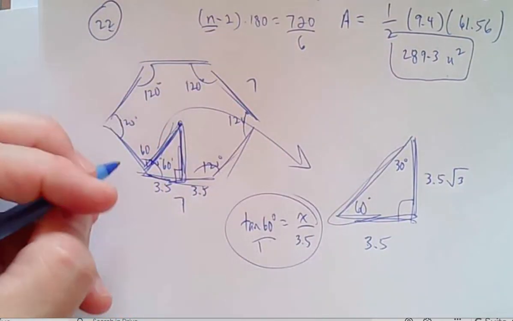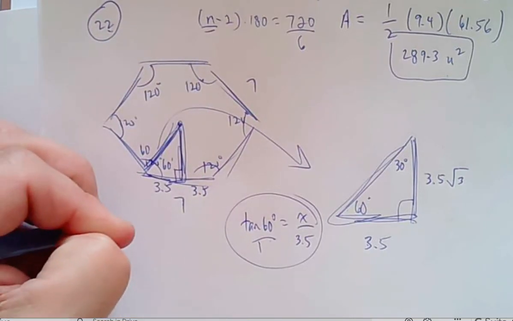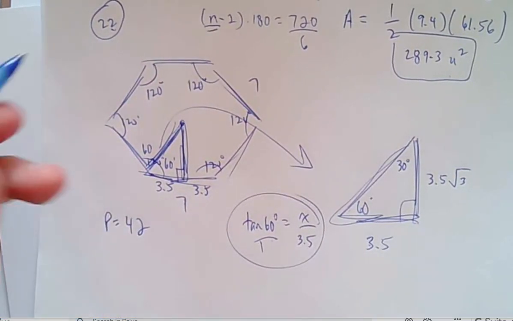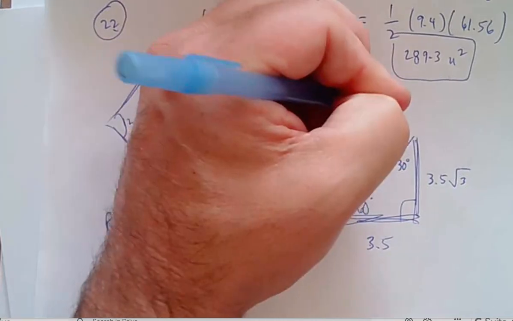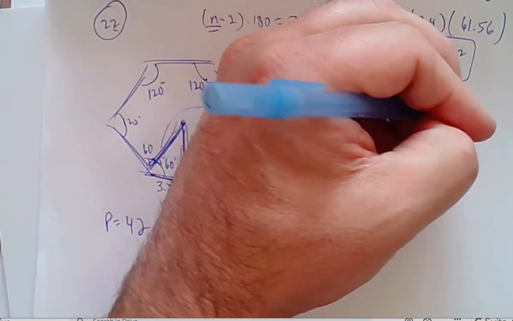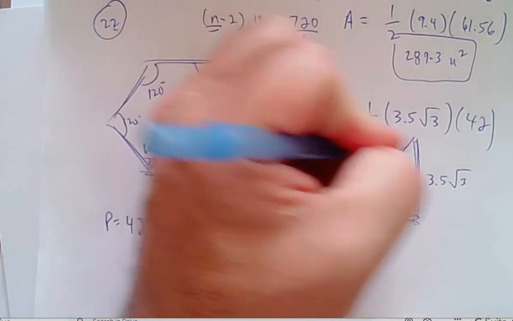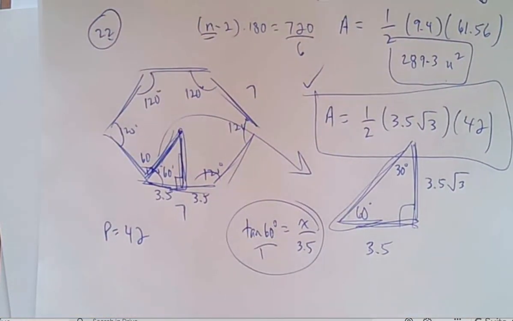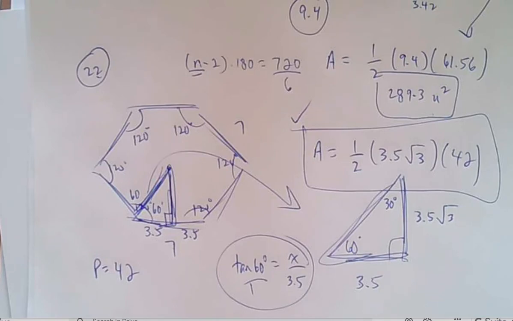So now you know that the perimeter is 42, 6 times 7. So the area of this regular polygon is 1/2 the apothem times the perimeter. Use your calculator, type it out, get an answer. Okay? Looking at the next page,